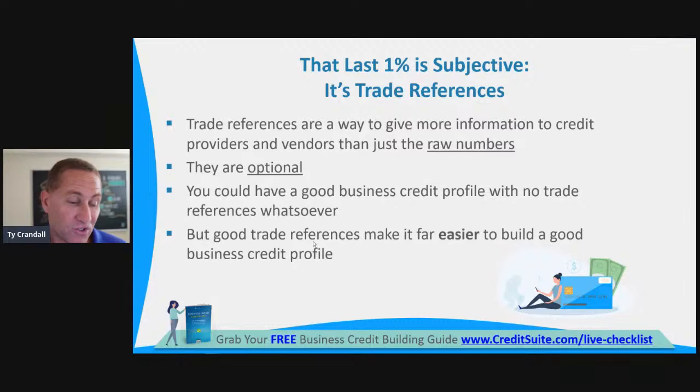But trade references, well, that is a way you can control it. It is a way that you can actually add accounts you want to add to your business credit reports, and you can control the quality of your credit reports by having these preferred accounts that you know you pay as agreed, that credit issuers and lenders can't see now, actually be added where you can get credit for it. So this is why I love trade references, because I'm very big in teaching you how to